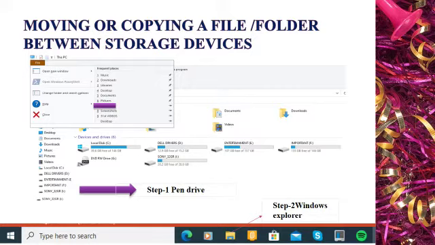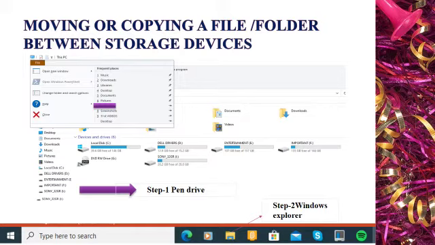Removable disk, step 1, pen drive is there. That symbol will appear on the screen. Sony is the company of the pen drive, children. So whatever company pen drive or removable device you are using, that symbol will appear on your screen.